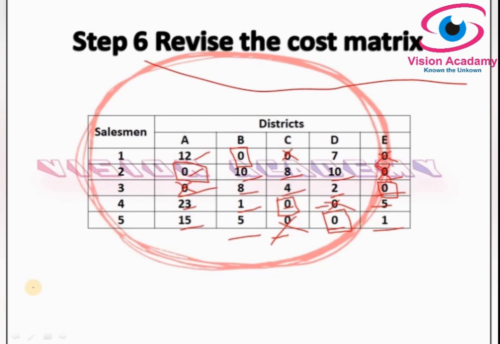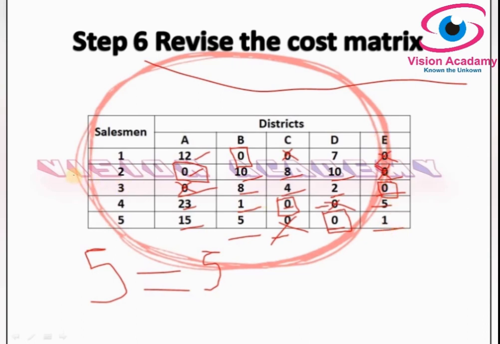Now after step number 4.3, in step number 4.4 you should check whether there is an optimal solution, optimal allocation. Optimal allocation means the number of rows must equal the number of allocations. There are 5 rows and 5 columns here, and let us check the assignments: 1, 2, 3, 4, 5, and there are 5 assignments also. Along with that you should check only one assignment for each row and column. In the first column one assignment is there, one assignment means one rectangle around a zero, and here also one assignment. In the third column also one assignment, fourth column also, fifth column also.